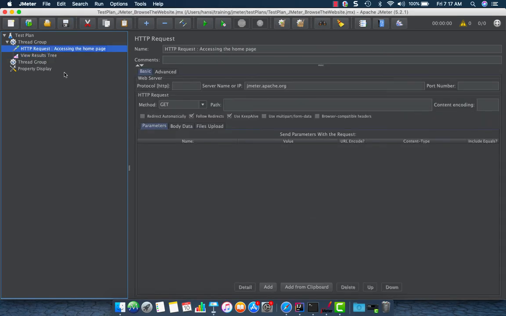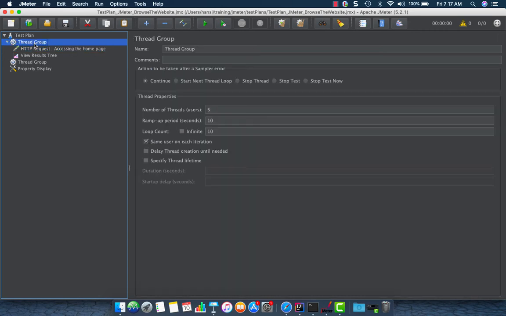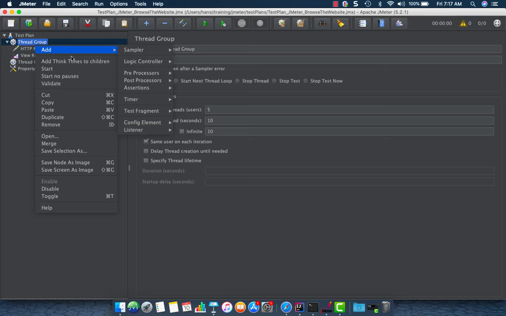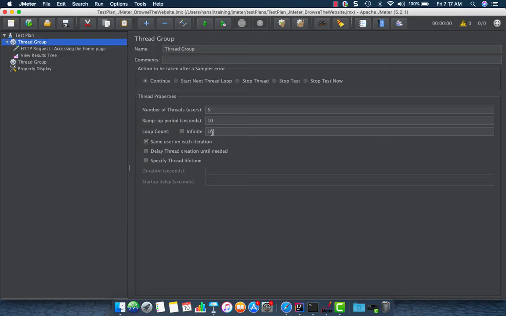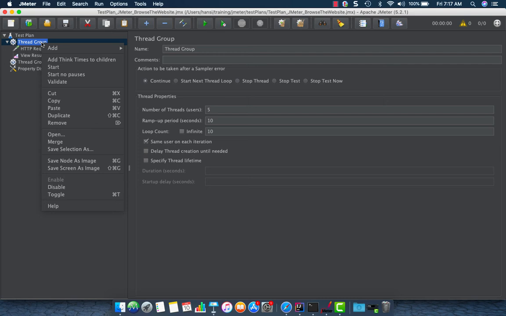Let's run and see whether it's working. You need to ensure that you are connected to the internet and it's working before running any test. You can run this as well. If you run this, all 5 users, or rather threads, will be created and they run for 10. But here the purpose is just to validate my script, so you can right click the thread group and select this option,